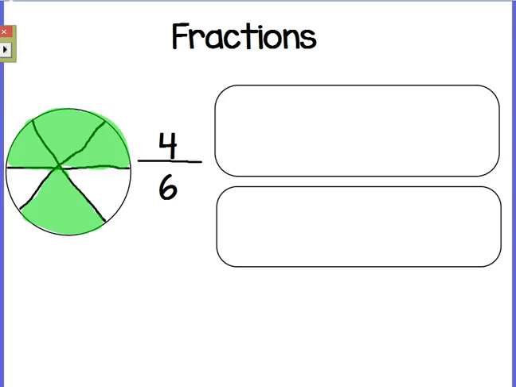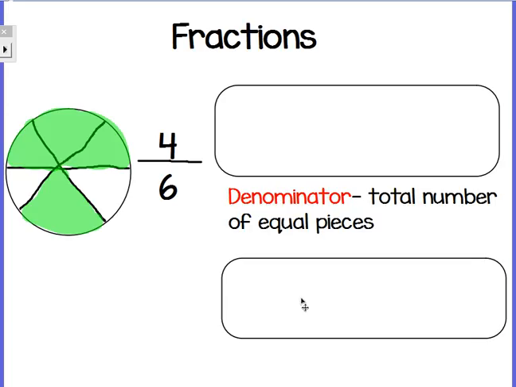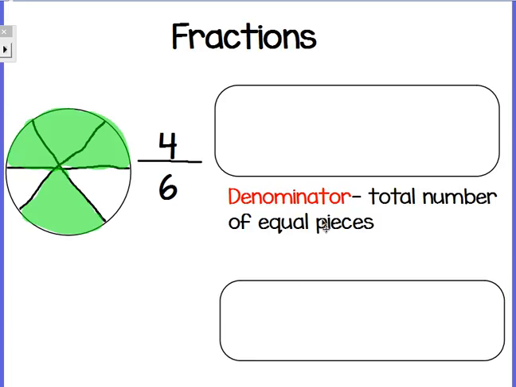So I'm going to start by talking about the numerator and the denominator. The bottom number that I have here is 6, that's my denominator. That tells me the total number of equal pieces. So if I look at this picture over here, I have a circle that was cut into 6 pretty equal